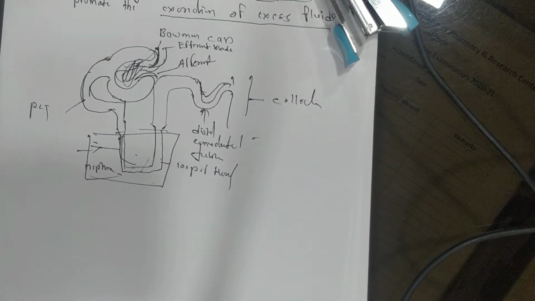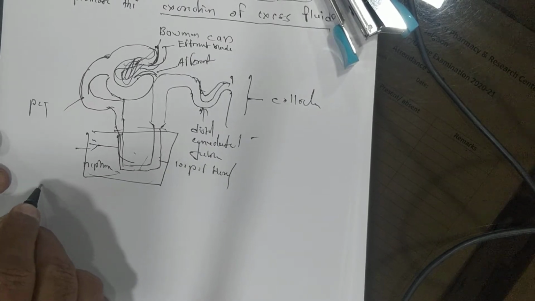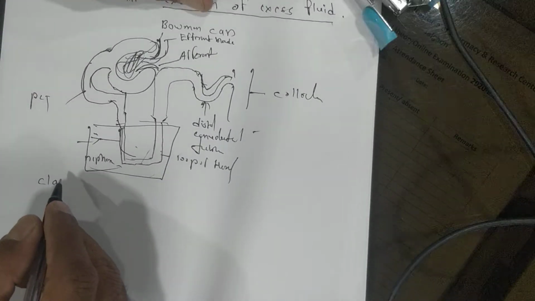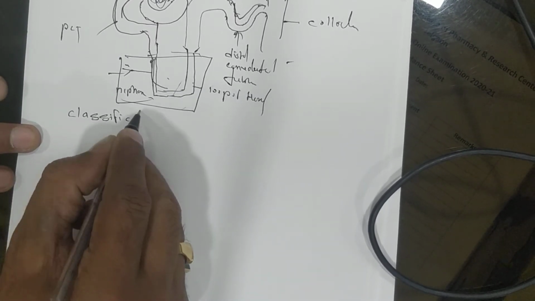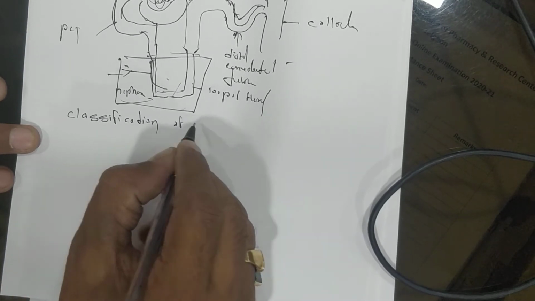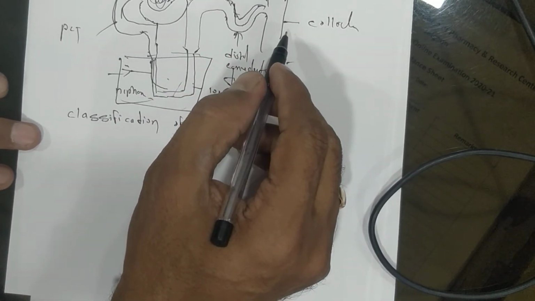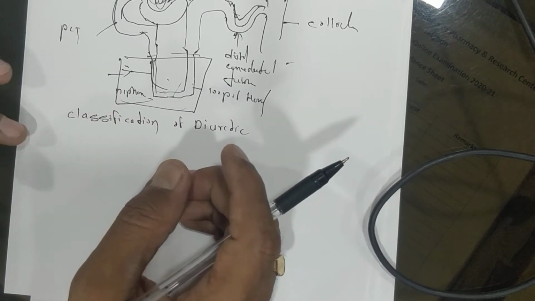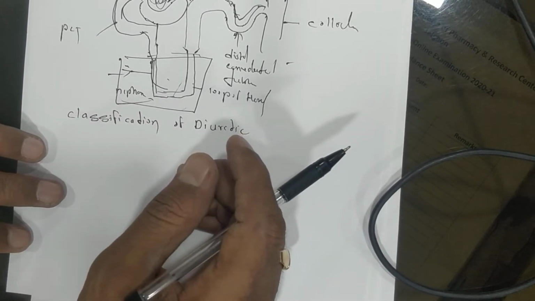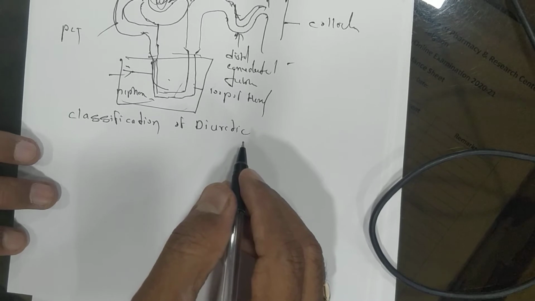Now see, the diuretics are most important. Now see the classification of diuretics. You studied in first year HAP the urinary system and the nephrons. You can recall all these things. These are most important: which part is there and where absorption of ions takes place. Then you can understand the diuretics. Okay, now the classification of diuretics.